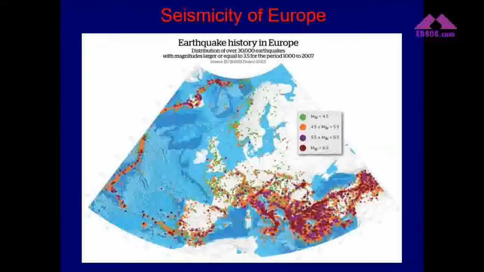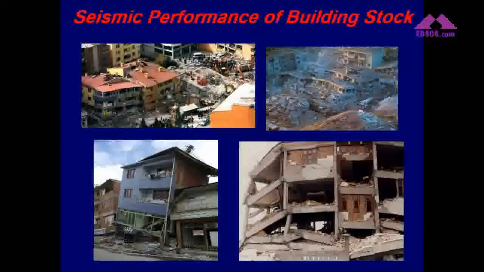And this is the view from the earthquake history of Europe. As you can see, most of the earthquakes occur in the Eastern Mediterranean area, where I also live, in Turkey, in Greece, in Italy. Most of the largest earthquakes happen in this region, and the results are again very catastrophic due to our building stock. These images are from the 1999